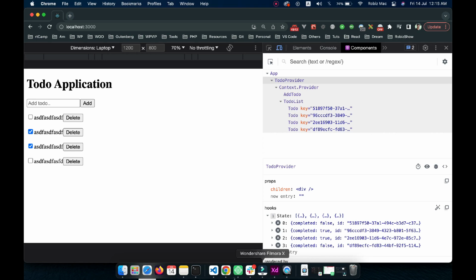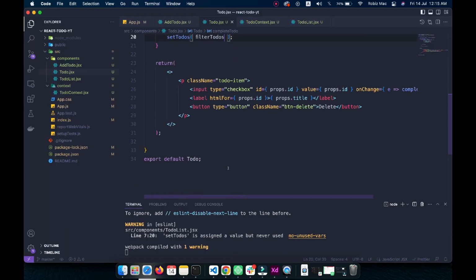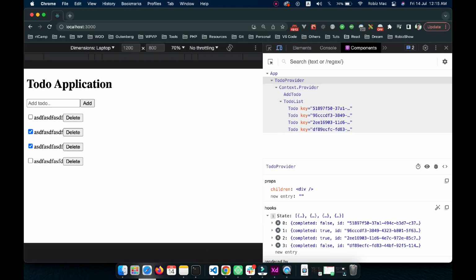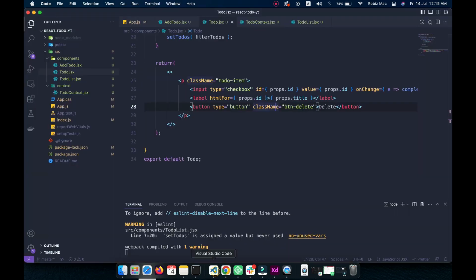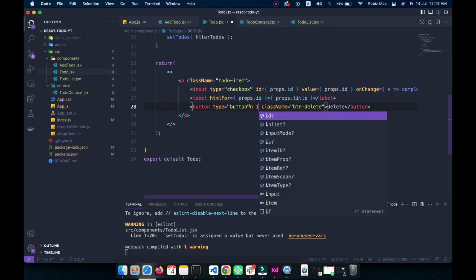Alright, now let's move into the delete button. So what we actually want from here is, whenever we are clicking any particular delete button, we need to have the ID from it, and then we need to filter out the to-dos and remove that particular item. So to do that, we actually need to have an ID field here as well,